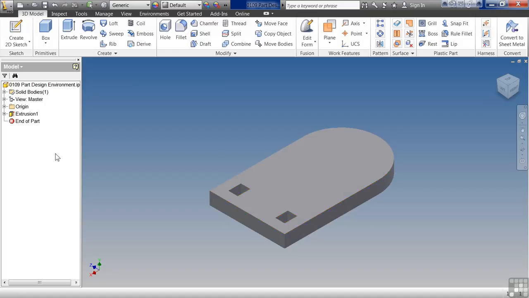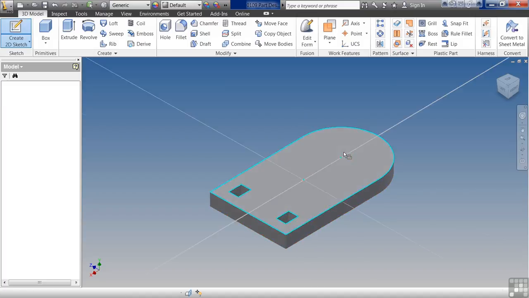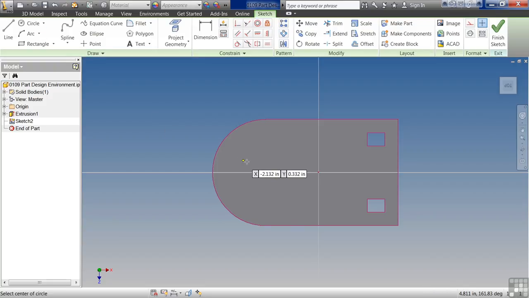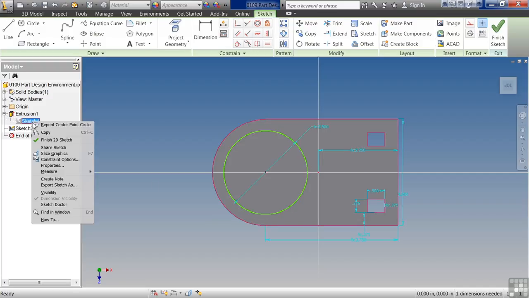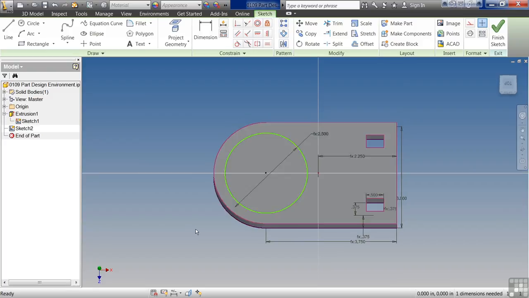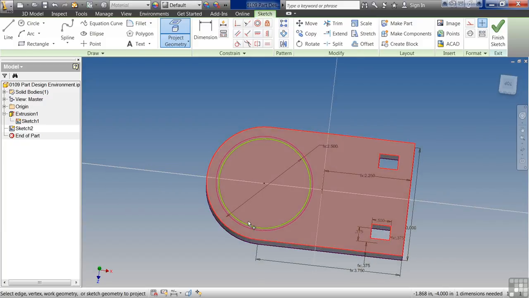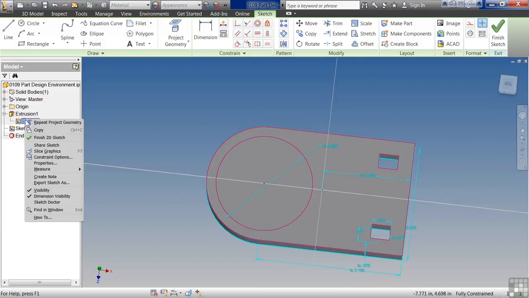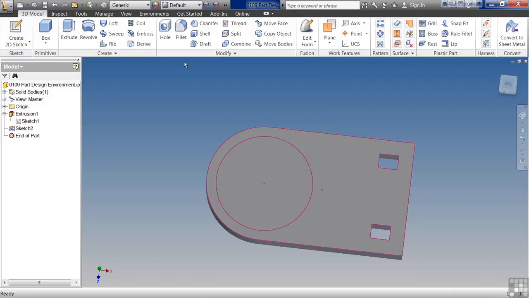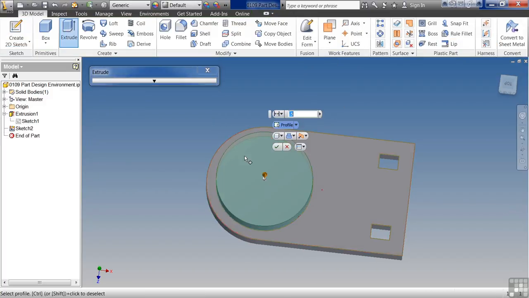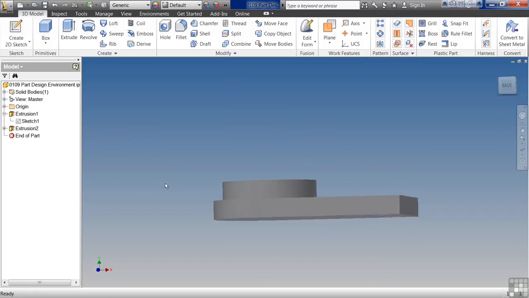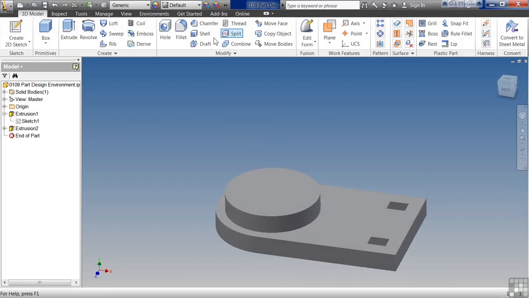So I hit OK. And then what I do is I create a secondary sketch using these same tools. You'll notice that all the tools are here based on this. So I can come in here. I can either recreate this circle, or I can turn on that initial sketch visibility, and I can project that geometry. And that's my purple line there. Turn that back off. Finish. I can do extrude again. So I've created my geometry the way I wanted to create it based on the tools that are in the